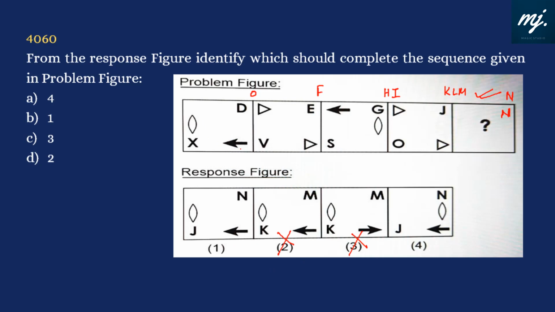Now, in the second one, X, O, P, Q, R, S, T, U, V, W, X. So it's gap of 1, gap of 2, gap of 3. Here we should have gap of 4. So, and J is only there. If I put J here, K, L, M, N, O is there. Okay. So N and J is fine.